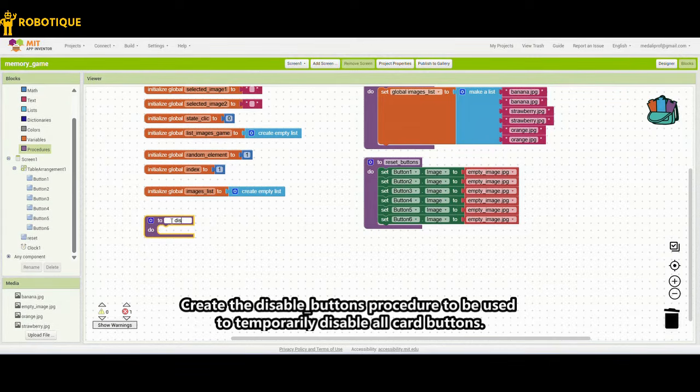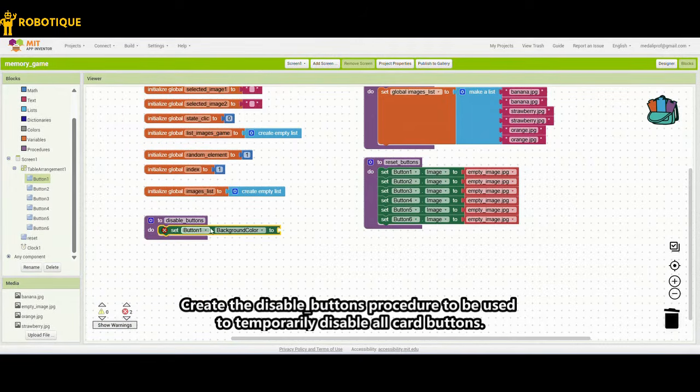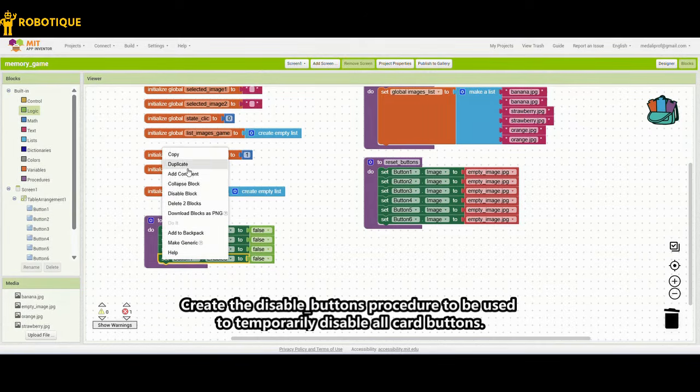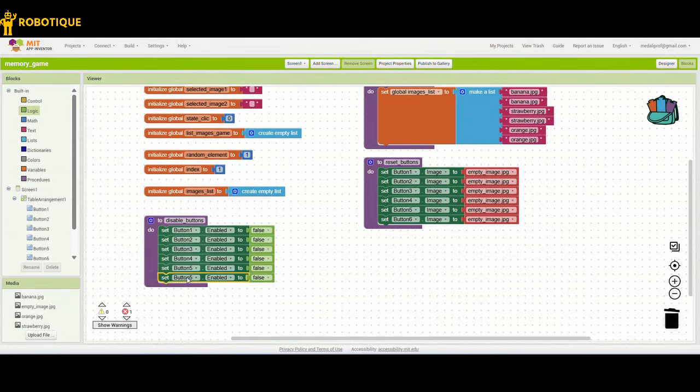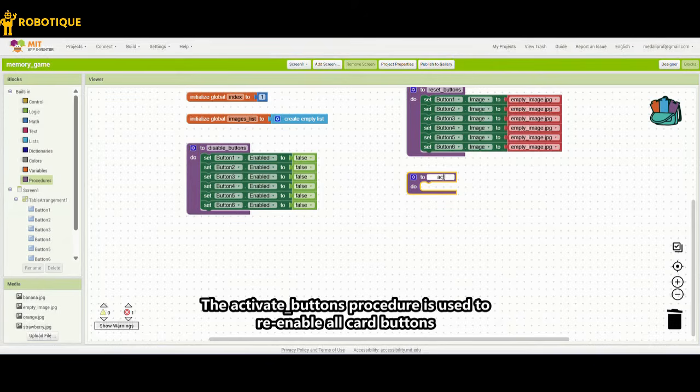Create the disable_buttons procedure to be used to temporarily disable all card buttons. The activate_buttons procedure is used to re-enable all card buttons.